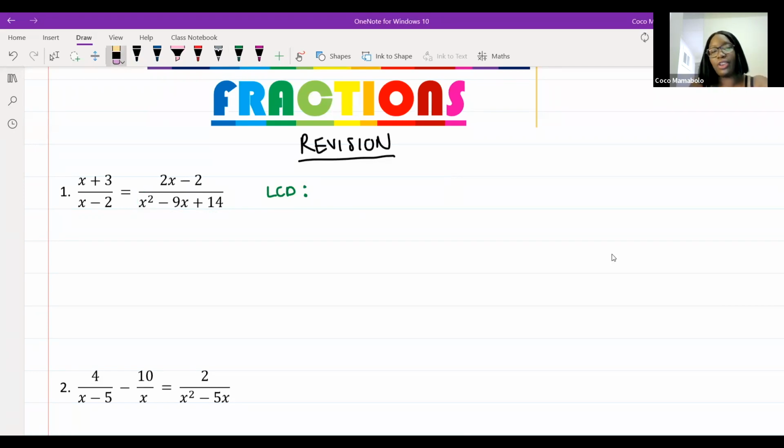We're going to factorize. Okay, so I'm going to rewrite everything else exactly the way it looks. I'm just going to write (x + 3)/(x - 2) equals (2x - 2) over, and I want you guys to factorize this bottom part for me. Remember, it's a trinomial, so I'm going to open 2 brackets. You guys are going to tell me what goes into those 2 brackets. Once you factorize it for me, you've got 1 minute, go. Because we should be so used to it by now.